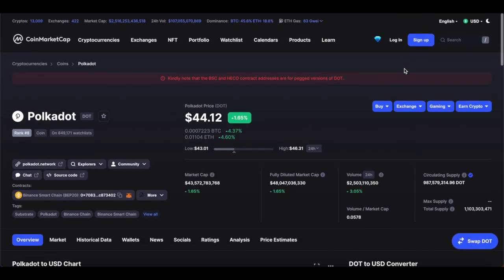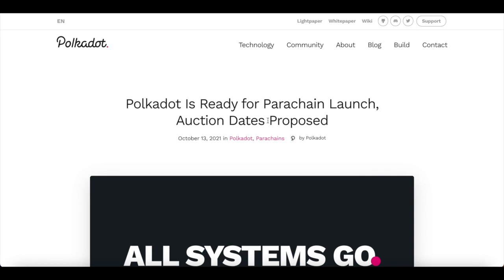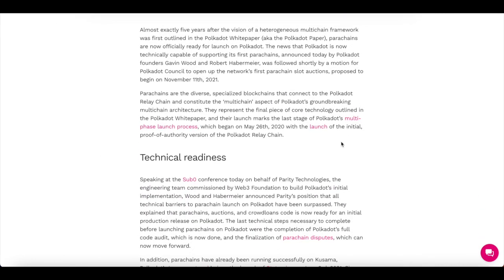But I just wanted to go for a quick price analysis with you. We'll go for a full price analysis and possibly, hopefully, a prediction. Now, in recent news in the Polkadot ecosystem, Polkadot is ready for a parachain launch, with auction dates that have been proposed. So almost exactly 5 years after the vision of a heterogeneous multi-chain network was first outlined in the Polkadot white